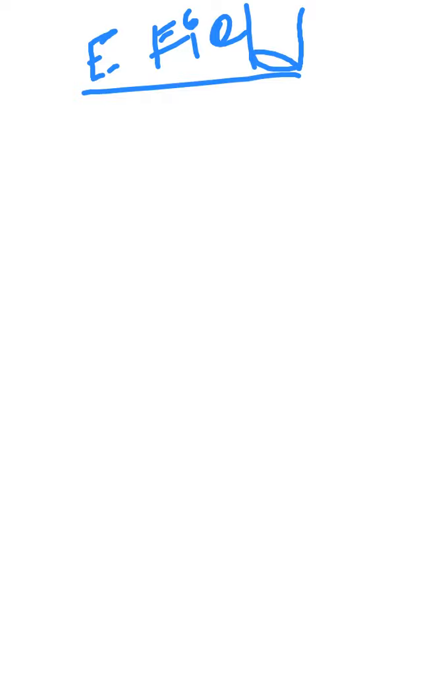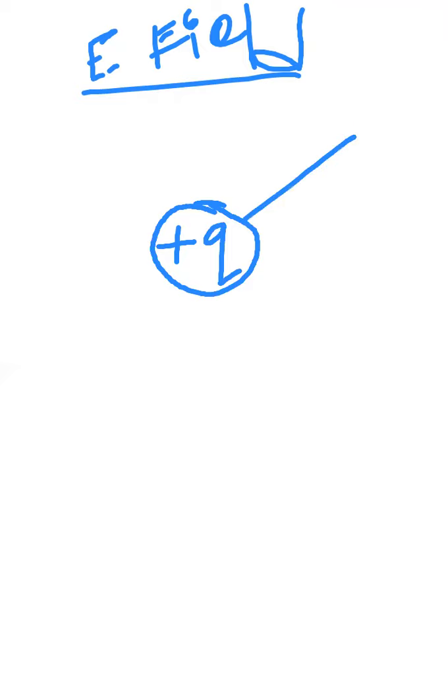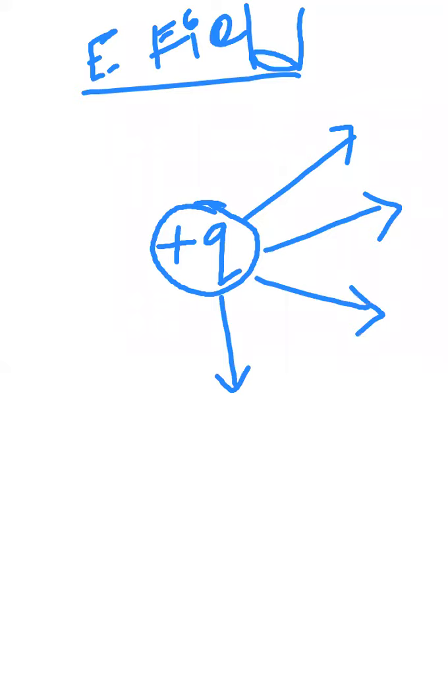Please remember, so if it is a positive charge, say some q, a positive point charge, then how will the electric field be? Yesterday we have seen that for the positive charge, the electric field will be like this. Please note down, for positive charge, electric field will be like this.